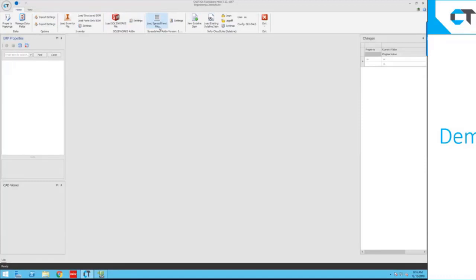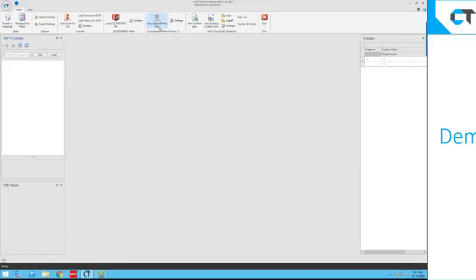Okay, so the other use case is that the engineer doesn't really know anything about the ERP side and what's required and things like that. So instead of having him or her use it, we're going to have someone downstream from the engineer use the product and read the CAD files and CAD data directly. Our integration doesn't require any CAD software to be loaded, so we can read CAD files directly. You'll see here, I'll open up SolidWorks files directly from the drive and then read them and bring them